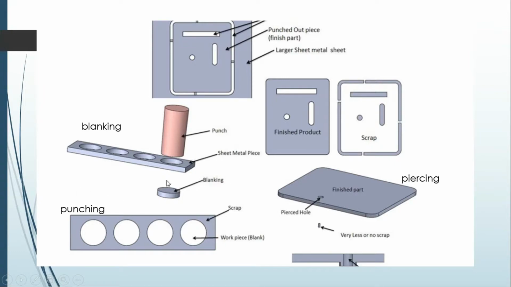But in blanking, we are making that small portion from the workpiece. So this is the useful product. This is the scrap. In punching, we want to make the hole in the workpiece or specimen. So this is the specimen, and we have made the hole. The rest of the thing will be waste. So this is the simplest way you can identify the difference between blanking and punching.